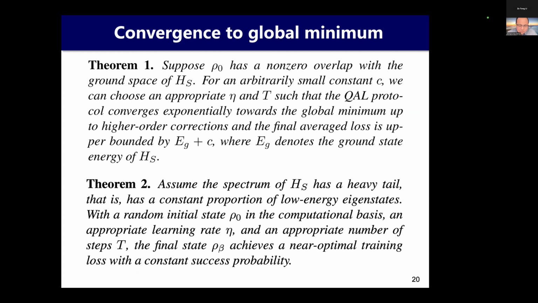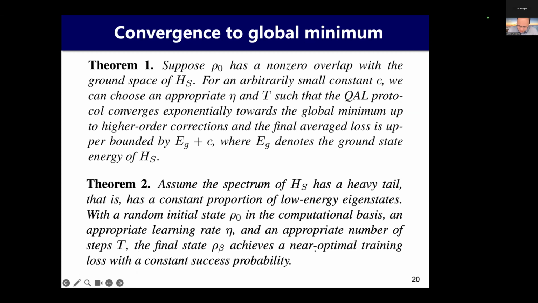Okay. Moreover, if you choose an appropriate learning rate and an appropriate number of training steps, then the final state can achieve a near optimum training loss with a constant success